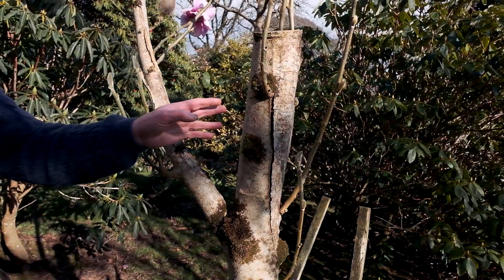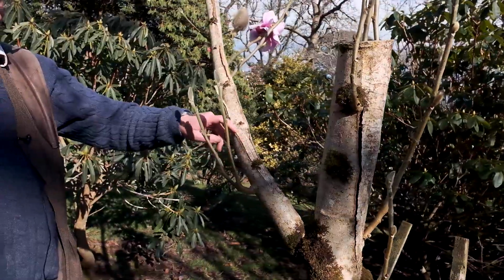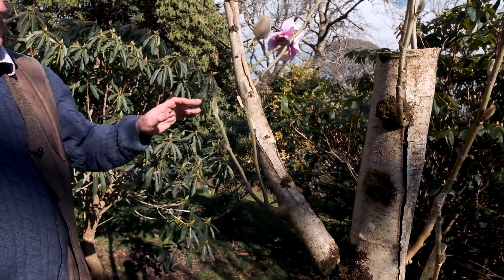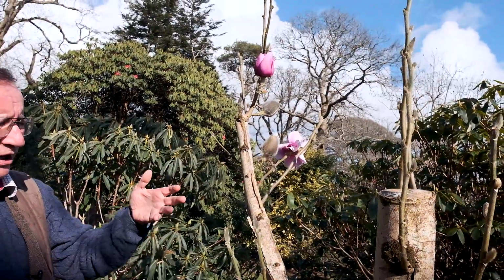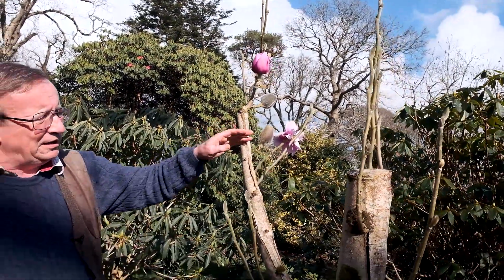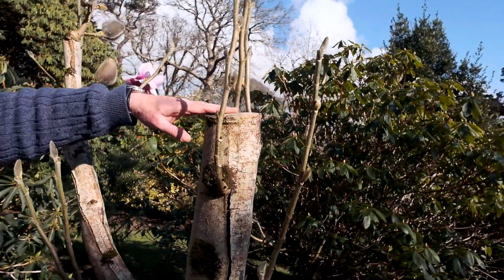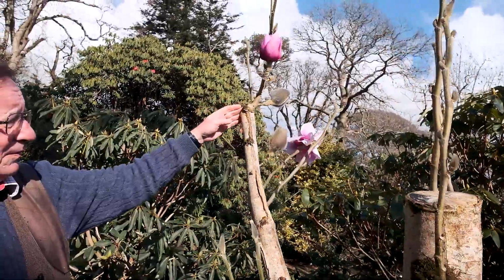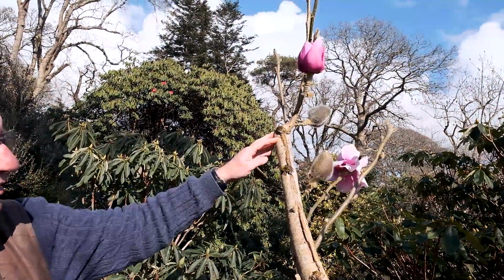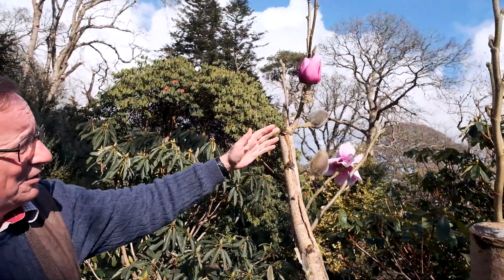it's pretty much dead, and even on this branch you see the splitting with death, we reduced the energy that the tree was trying to put up into its top, and we cut it back to just below where there was already dead wood. And we also cut off this one side branch, which also didn't look as dead as the rest of it. And you can see that we did this about a year ago, and you can see